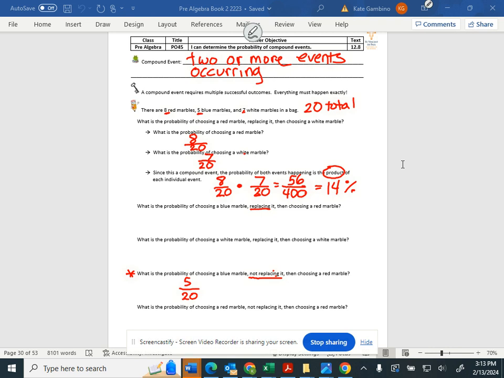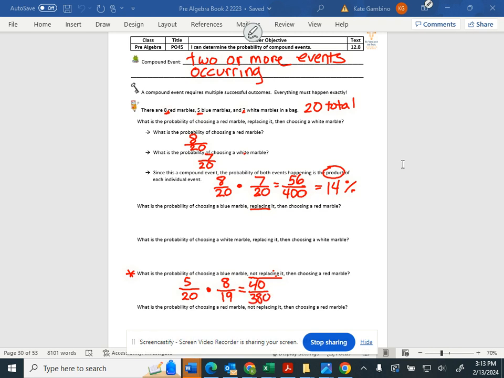So we know that there are 8 red marbles, but we didn't replace that blue. So now there's not 20 marbles in the bag. That blue marble is out of the bag, so we only have 19 marbles left in our bag. So we have 5 over 20 times 8 over 19. That gets us 40 over